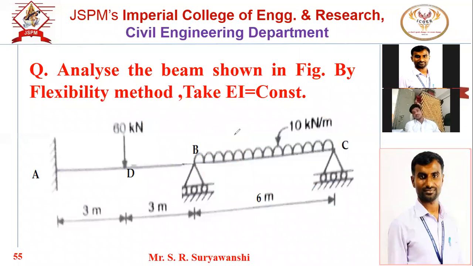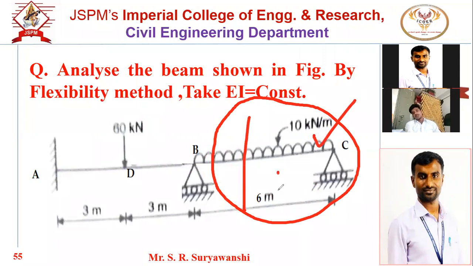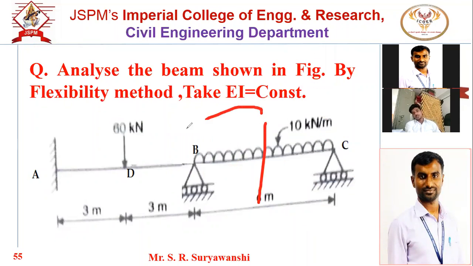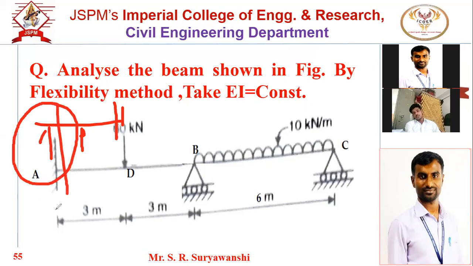Sagging positive means right portion, because you are considering this section. We are considering this right portion. So for right portion, anti-clockwise positive. Clear? If you consider this left portion, if the beam is mirror image of this, suppose this is fixed support and these are the roller support. In that case, if you are considering the left portion, this is the section line. If you are considering the left portion, in that case, clockwise will be positive. Clear?